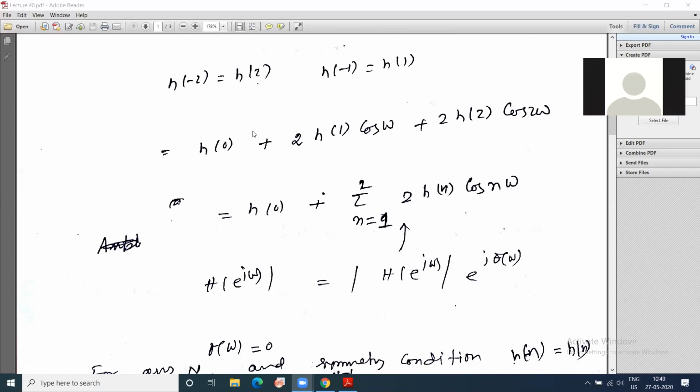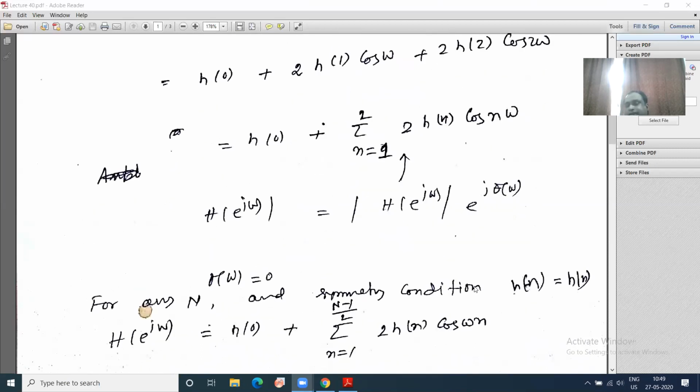This is H of e to the power j omega. So this is magnitude and phase. But magnitude is there, and phase e to the power j theta is equal to 1, so theta equals 0. Agreed? So with this, I can say that this is one of the good approximations or